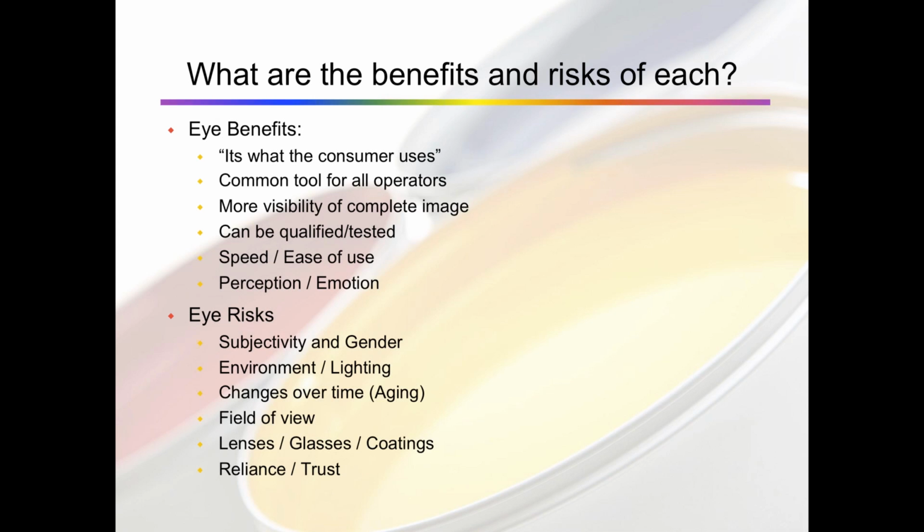The eye is also susceptible to risks of lenses, glasses, and coatings that you put in front of it, be it colored contact lenses, colored glasses, coatings on glasses to protect against scratches or reflectance, coatings on safety glasses or goggles. All of these things can have an influence on the color that passes through them and the color that we perceive.